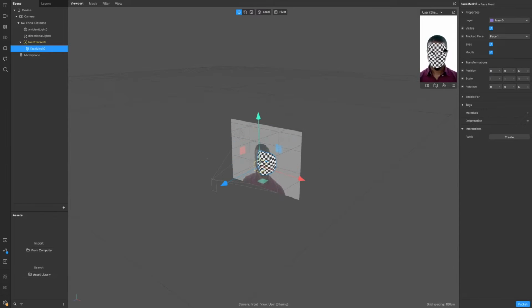So there's a lot of fun things that you can do with this face mesh. And one of the things is creating these kind of creepy but fun looking masks. So you can go ahead and we're going to add color by clicking the material option right here. There we go. And when we click that material button right on the right side, it was a plus sign